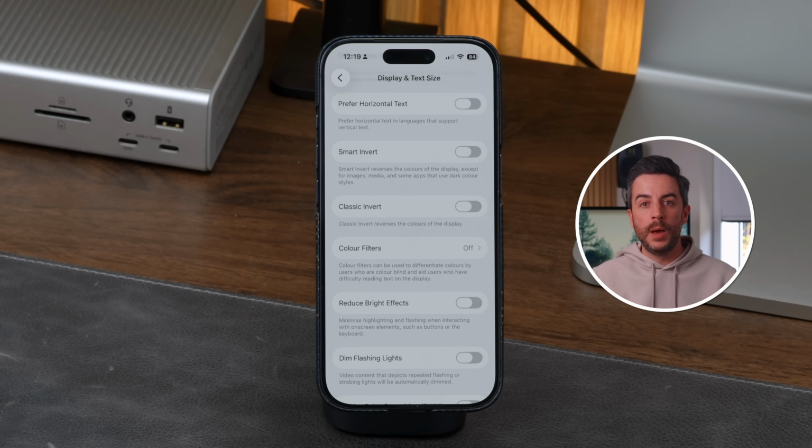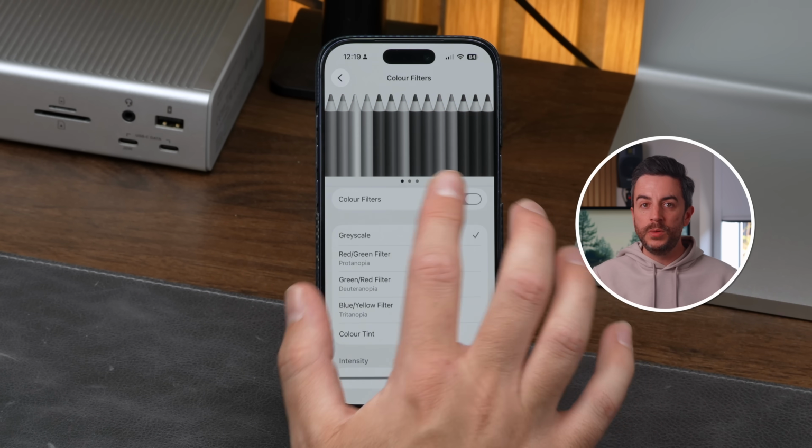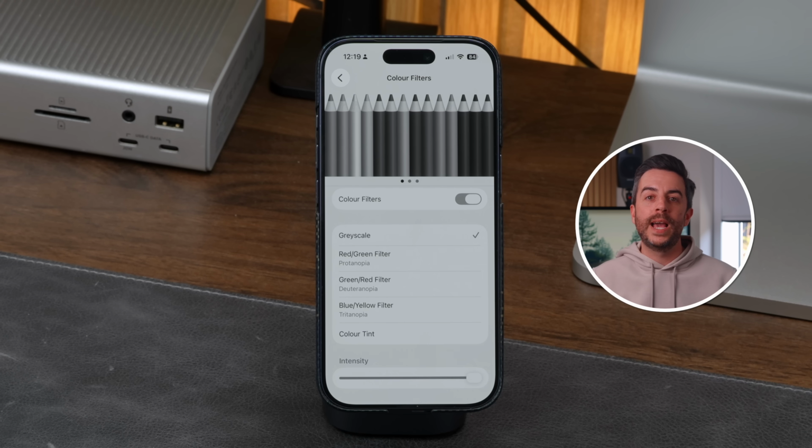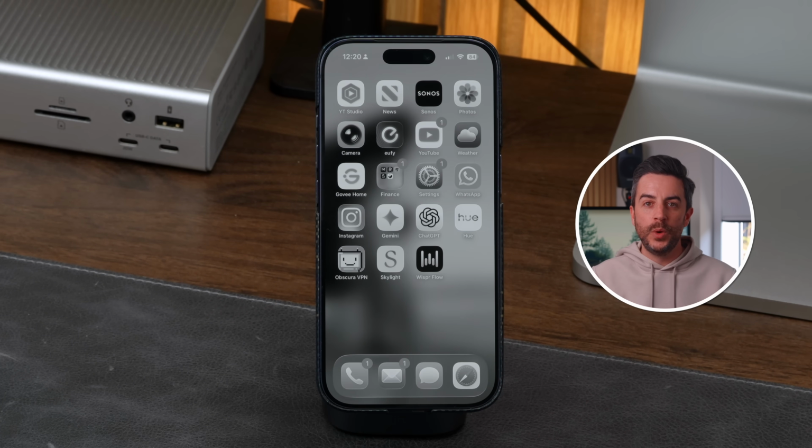Toggle the feature on, and by default, you can probably just leave this as grayscale, and you'll notice that your iPhone has now gone black and white. It's incredible how much less attractive your iPhone becomes when you remove all the color. Now, obviously, having to go all the way into settings every single time that you want to enable this feature